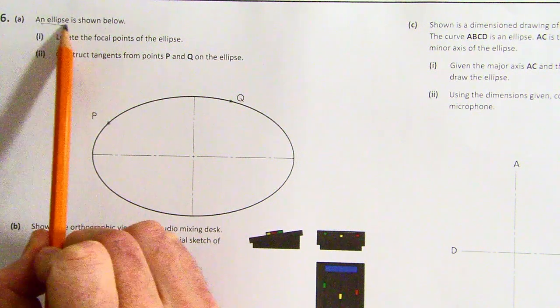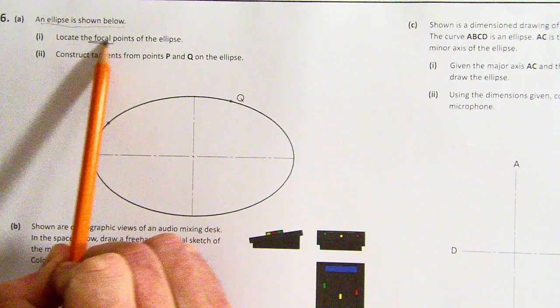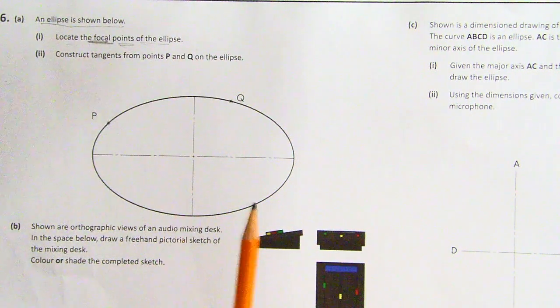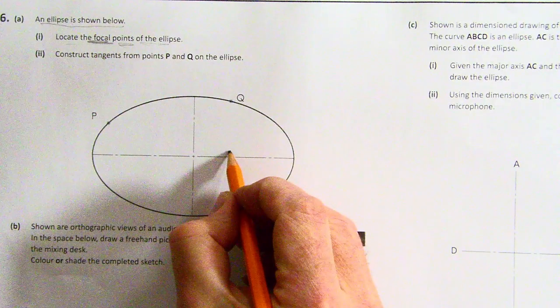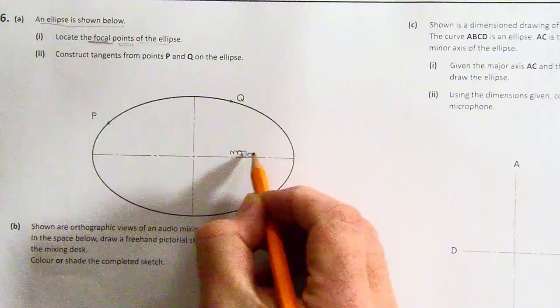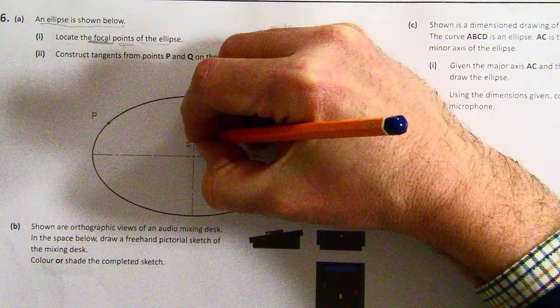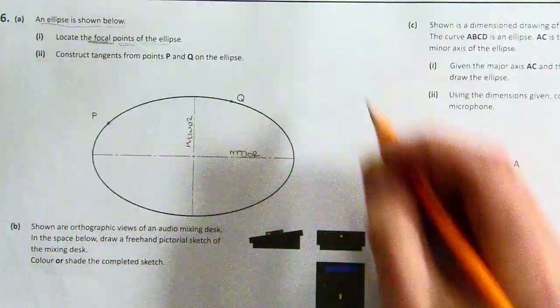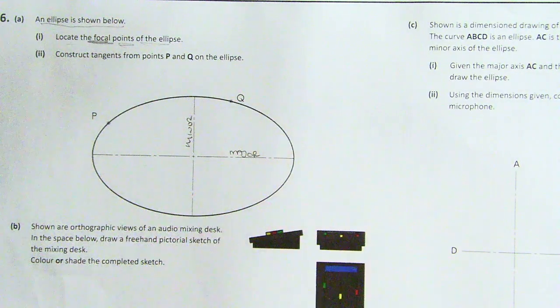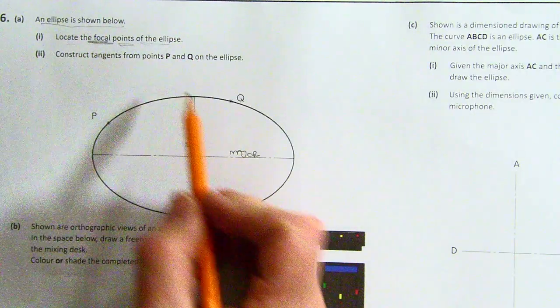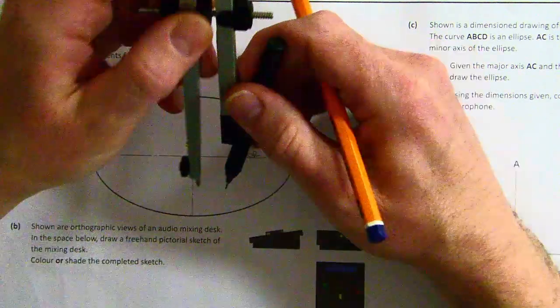So in this question, an ellipse is shown below. Locate the focal points of the ellipse. First of all, you have to identify what is the major axis, what is the minor. Okay, the major is always the longer one than the minor. Then we have to get half the major